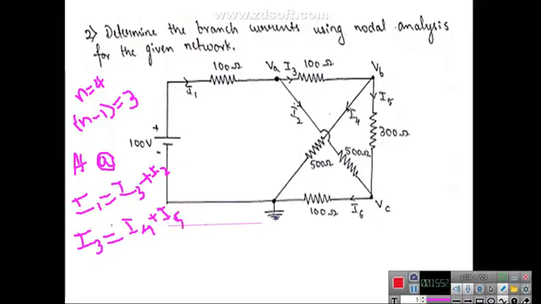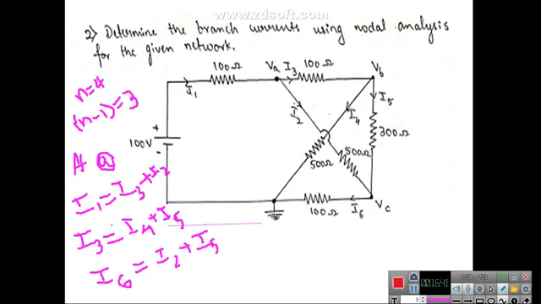Then similarly, you can write the KCL equation at node C. Incoming currents are I5 and I2. Only I6 is outgoing. So at node C, I6 is equal to I2 plus I5. That is the KCL equation at node C. Once you write the KCL equations at these three nodes, then you can go for